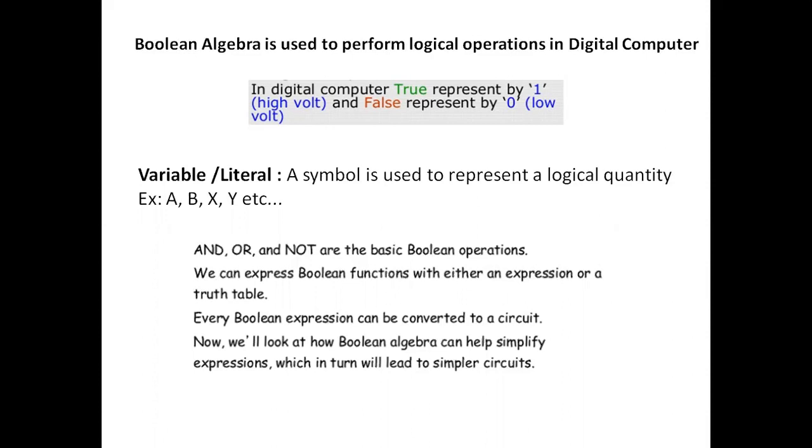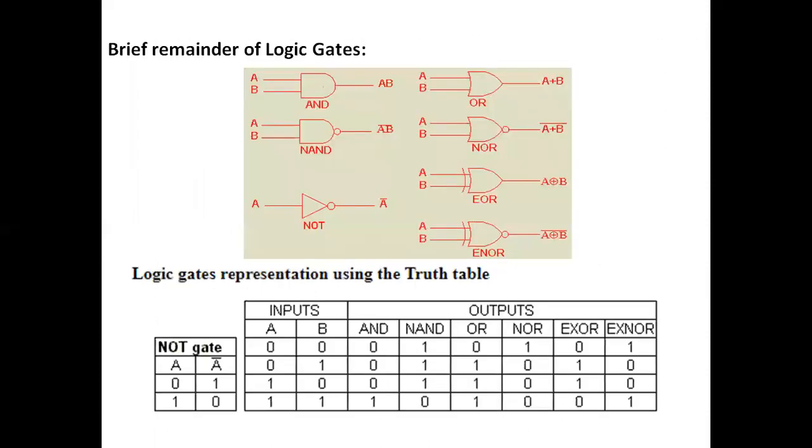In another video, I have explained logic gates, truth tables, applications, and realization of logic circuits using logic gates. Now I just want to recollect the logic gates, so I am showing you the slide for logic gates and their truth tables. There are 5 basic logic gates: AND, OR, XOR, XNOR, and NOT. And there are 2 universal logic gates, NAND and NOR. These are their truth tables.